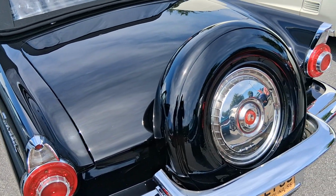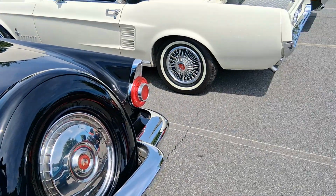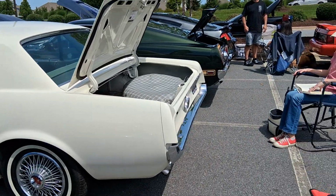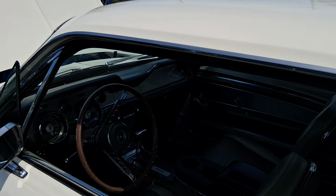But that big giant Continental kit, that's awful. Not good. My opinion, you know, what the hell. Everybody has their own opinion, right? Got a nice